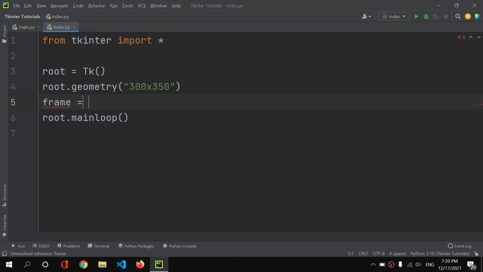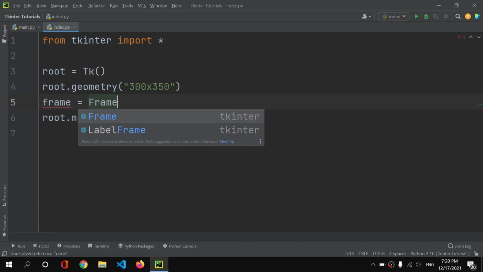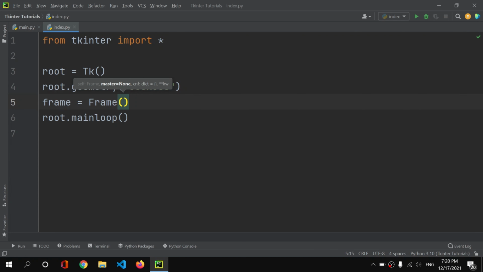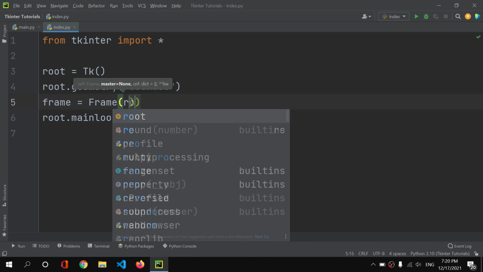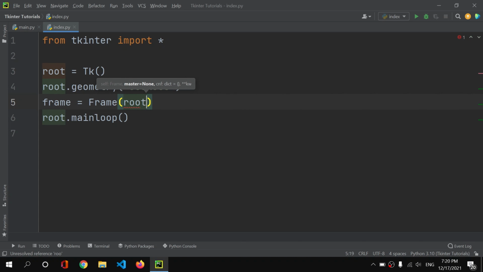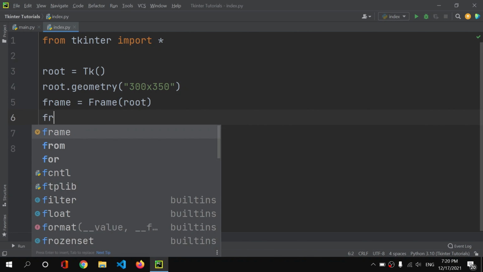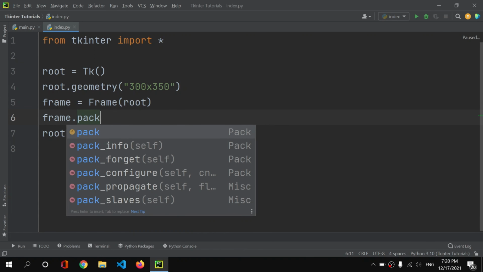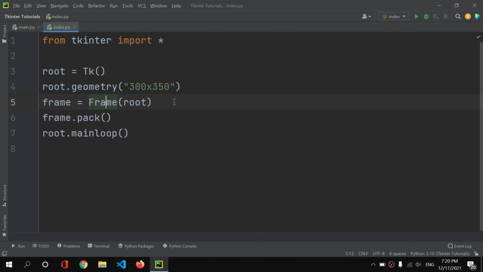So I will create frame equals to Frame. We can store it in this frame variable or we can directly create it, but I will use the name, and it is also recommended to use the name, because if we want to render elements inside of this frame, then we need to use this variable name. Here we have this frame, and it is packed inside of root because root is our parent window. Now I will use frame.pack. So this will pack this frame inside of our root window.